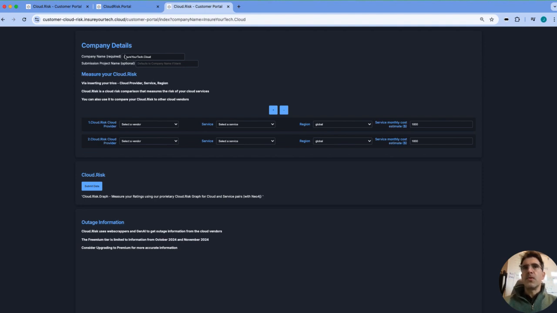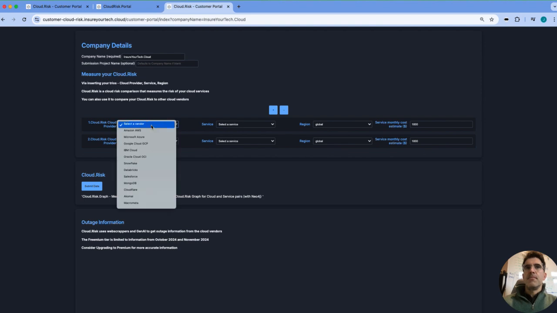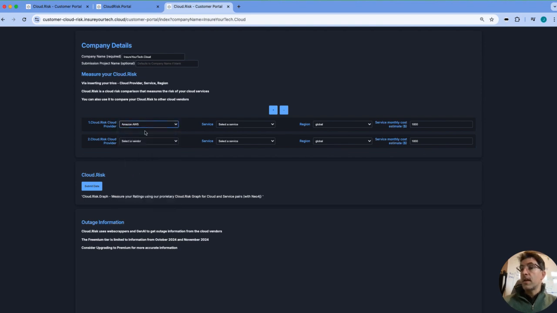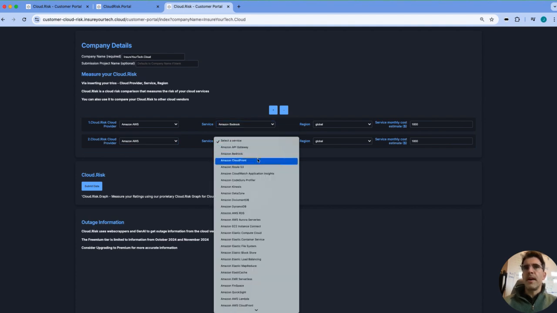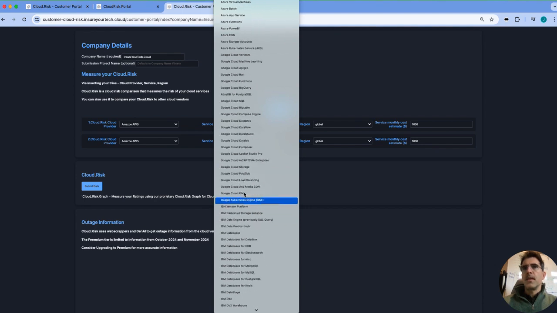We ask our customers to fill in a company name, and they can give it a temporary project name that we don't save. And then we request the customers to enter information about three use of service utilizations: the cloud vendor that you want to use, that you want to compare, and then the products that you want to use. Example: Amazon Bedrock. Compare it with Google Cloud